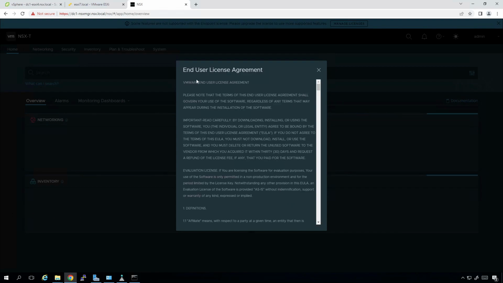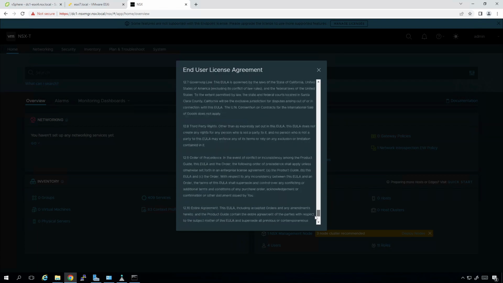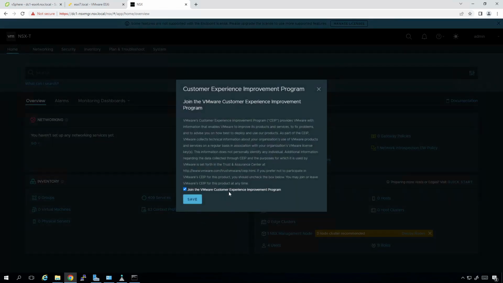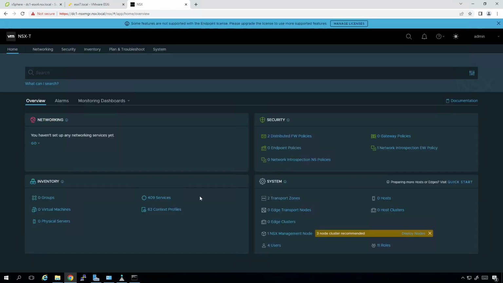Okay, so we get the end user license agreement. I'm going to go ahead and scroll to the bottom. And I understand and accept the license terms. Continue. Not joining the CEIP. And then it says some features are not supported with endpoint license. Please upgrade the license to use more supported features. I'm going to click on manage licenses,